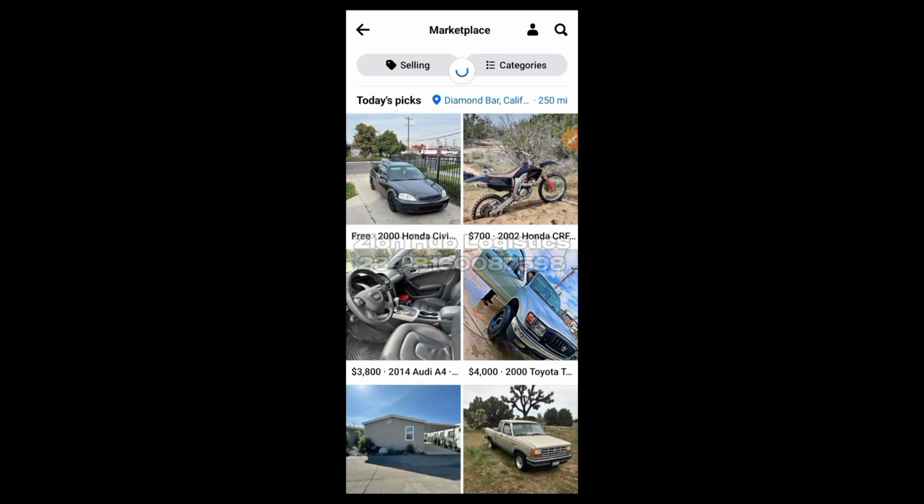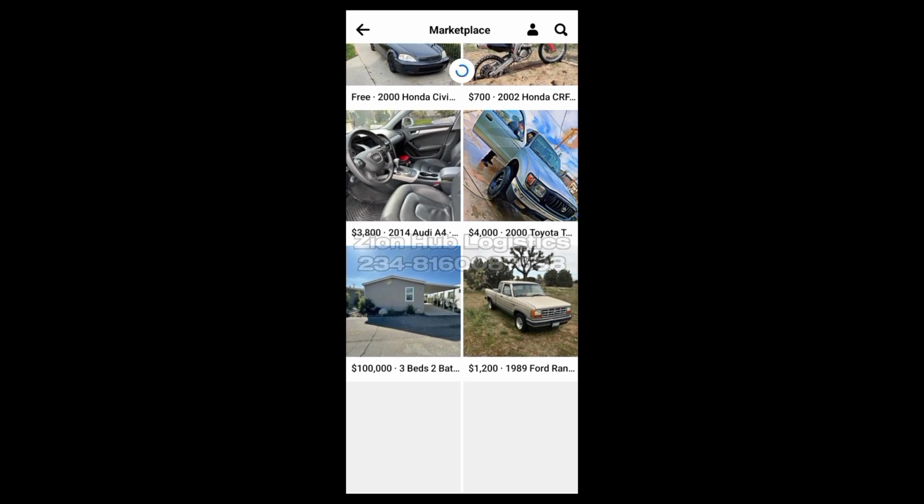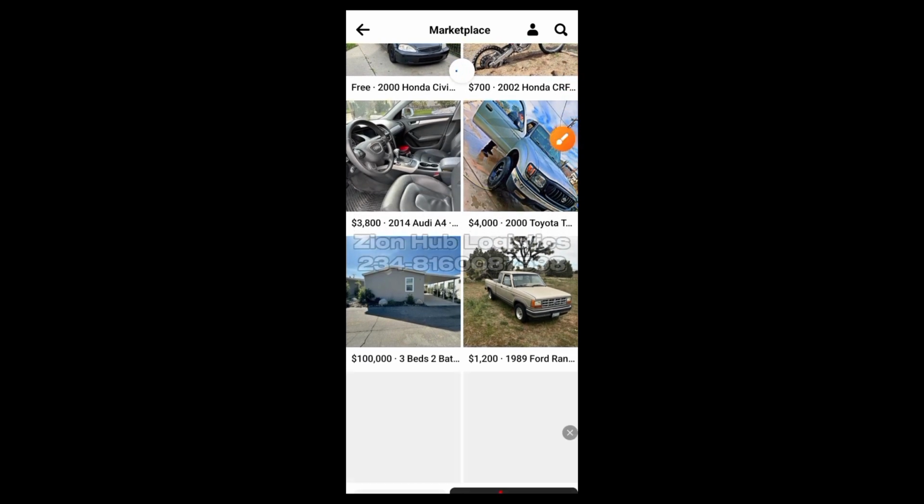So let me see what we have here. You can see right now that this has connected to California, Miami, and Diamond Bar. So you can see that these prices are in US dollars. You can see it here. We have 4,000, we have 3,000, we have